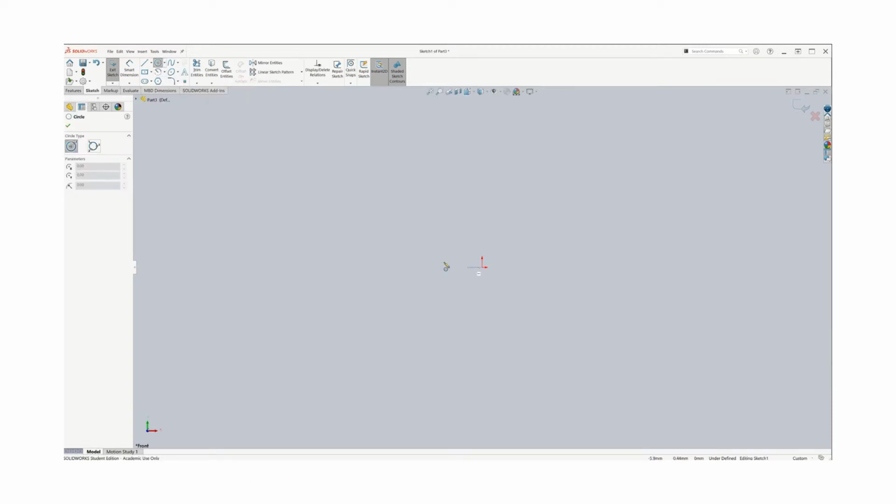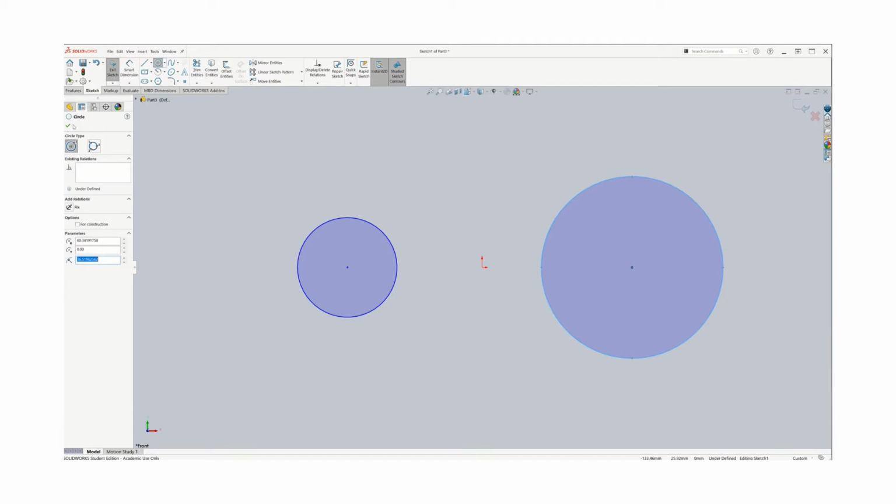The first circle will be right here somewhere, and I draw one circle. I specify my radius of the circle to be 20 millimeters. So that's what I have. And I will draw a second circle, this time a different size. Now, if you want to make these two circles equal to each other in size,